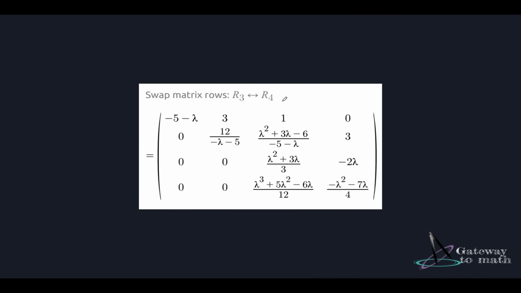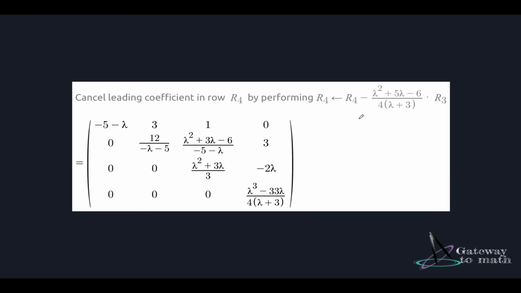Again, we are swapping R3 with R4. The new values of R3 equals 0, 0, (lambda square plus 3 lambda) upon 3, minus 2 lambda. And R4 equals 0, 0, (lambda cube plus 5 lambda square minus 6 lambda) upon 12, minus (lambda square minus 7 lambda) upon 4, respectively. Next operation again on R4. R4 minus (lambda square plus 5 lambda minus 6) upon 4 times of (lambda plus 3) times R3 equals 0, 0, 0, (lambda cube minus 33 lambda) upon 4 times